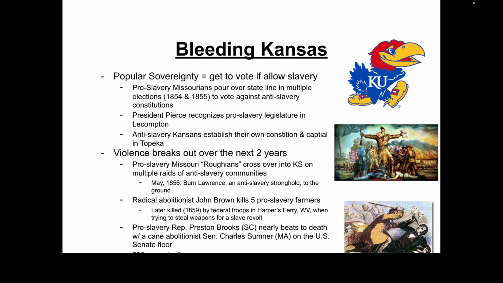Charles Sumner does not immediately die from those wounds. He does recover, but he has a series of health problems for the next several years that are clearly a result of that, and about 5 or 6 years later eventually dies from those wounds. Literally, a member of the U.S. House, over a long period of time, beat a member of the United States Senate to death over the issue